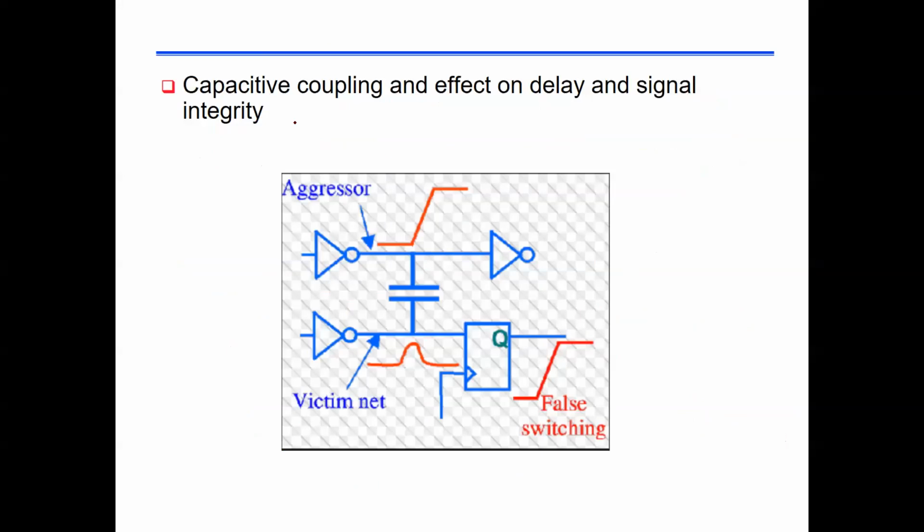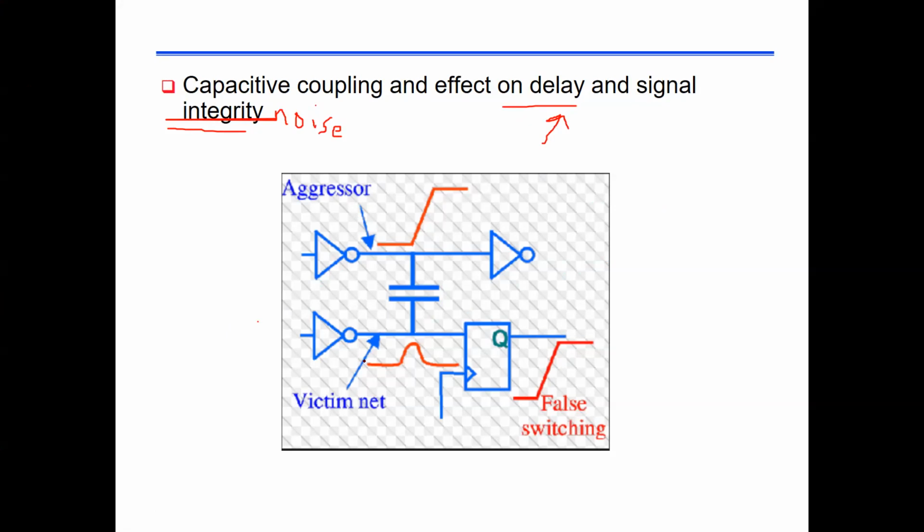Now, one thing about the capacitance, and why we are interested in designing for it, is coupling capacitance. Coupling effect can have two effects. It can either affect my delay negatively, sometimes positively, and it can affect the signal integrity or the noise on the chip. Okay, now we will give you a simple idea about the noise, but we will talk about the delay a bit more, and we will give you a homework problem on